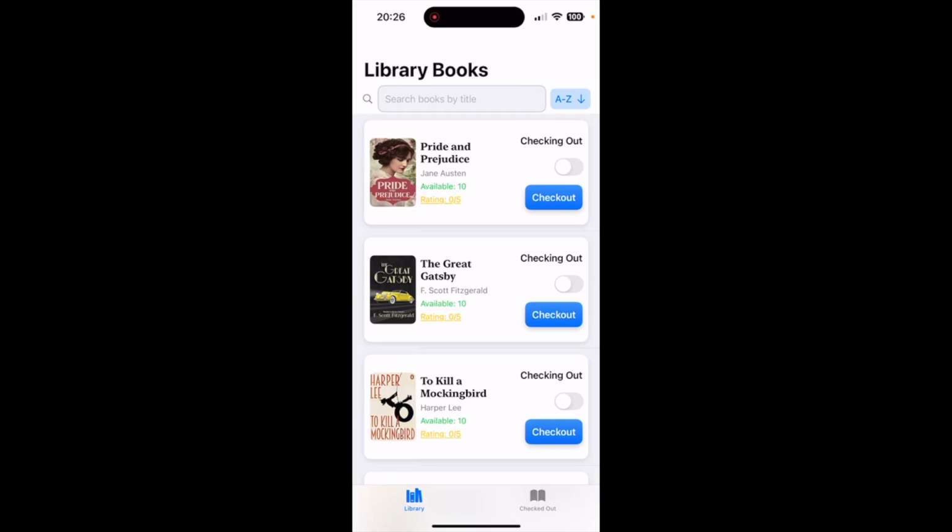In this tutorial, we will explore SwiftData many-to-many relationships. The tutorial is centered around building a library application where users can check out multiple books and view book availability